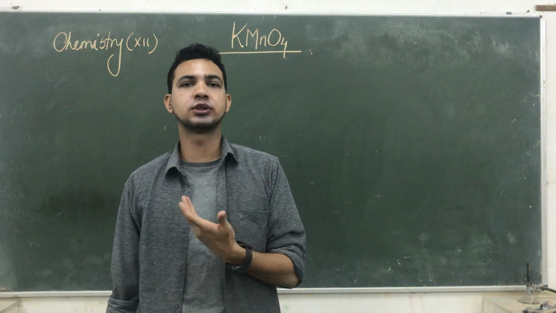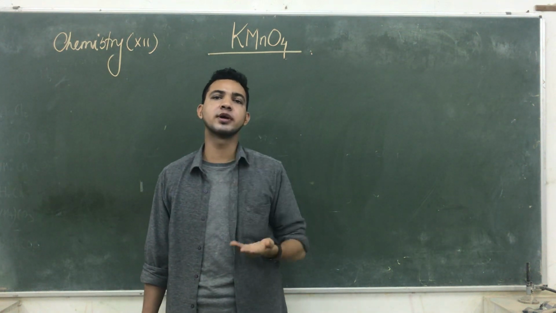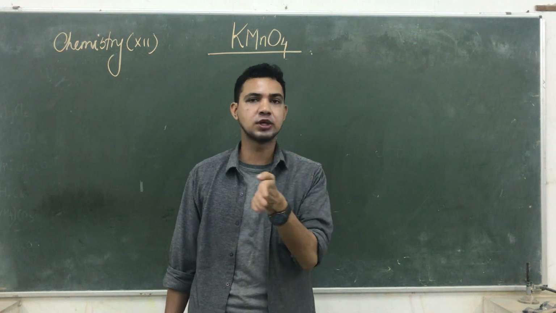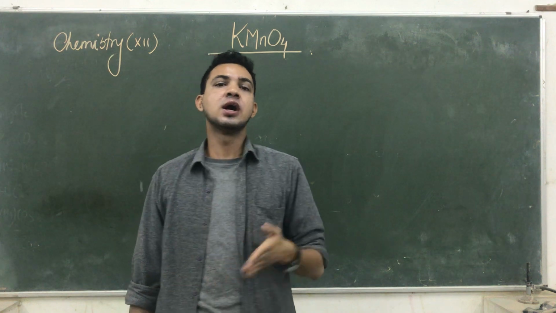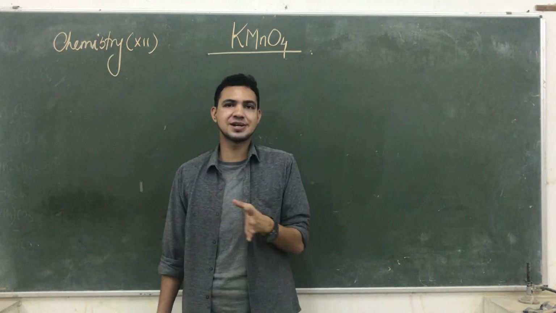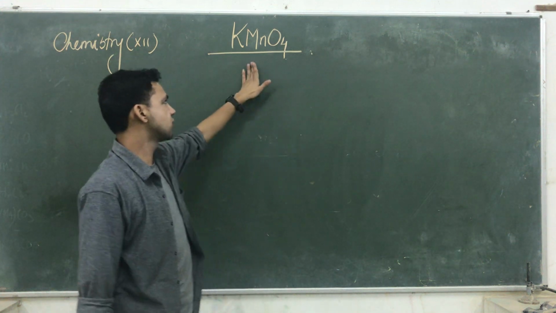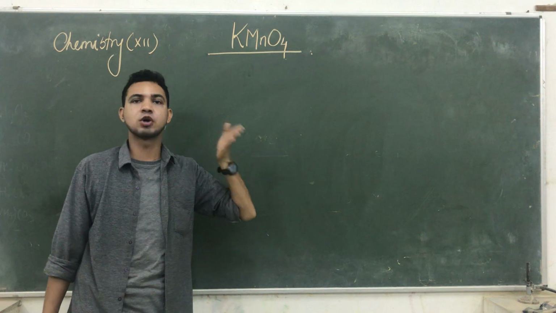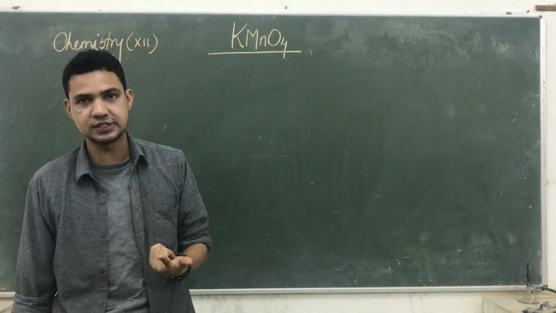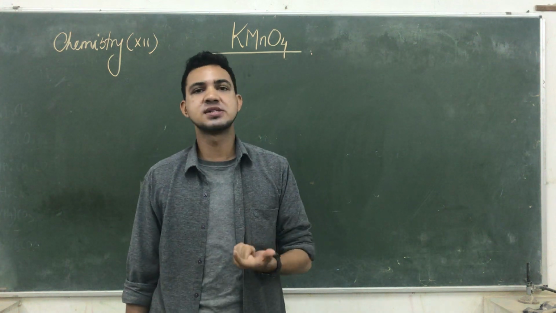Due to the self-reduction process. So what happened? When it comes in contact with the air, the violet crystals of KMnO4 in solid state show a greenish appearance. That's why it is known as the reduction process. Generally, it is used for oxidations as well as a disinfectant to kill bacteria, because KMnO4 has only one property: it produces nascent oxygen when dissolved in water as well as in acidic medium.